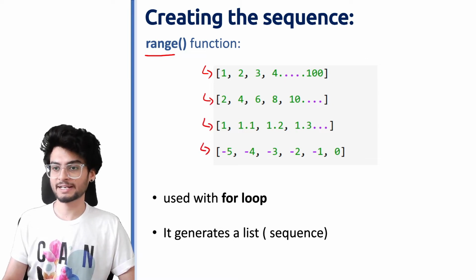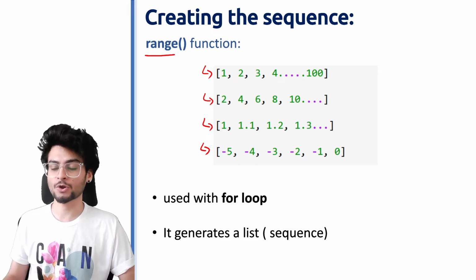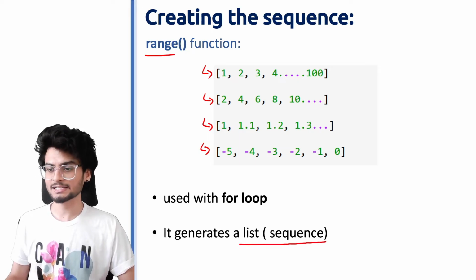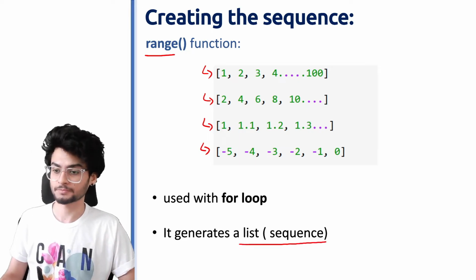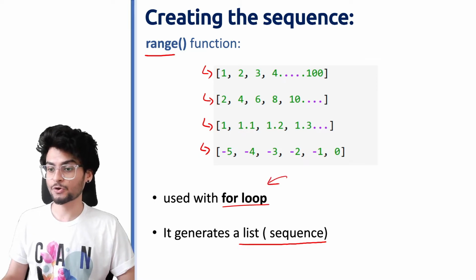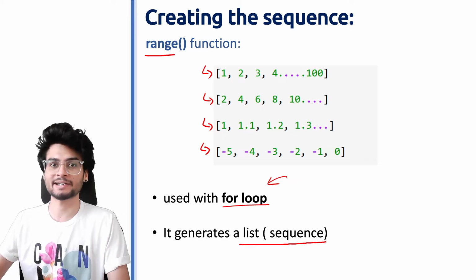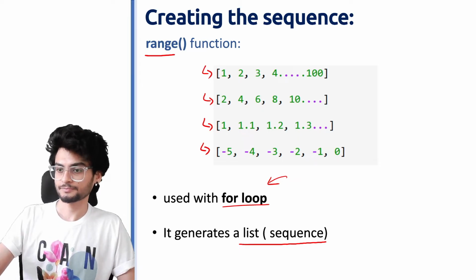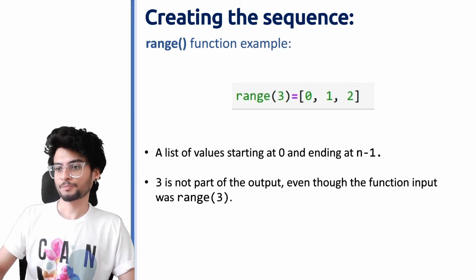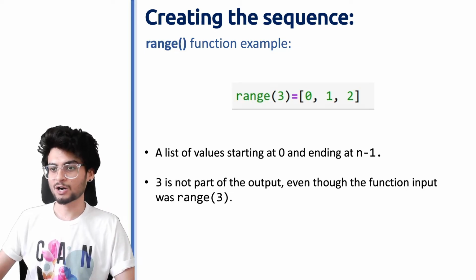So this range function creates a sequence or a list, and this list is generally used inside the for loop. Again, when we talk about for loop, we already know ये जो लूप है कितने टाइम के लिए रन करने वाला है. So let's understand how the